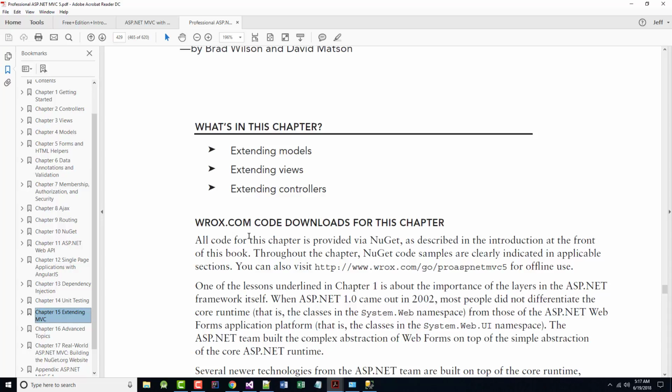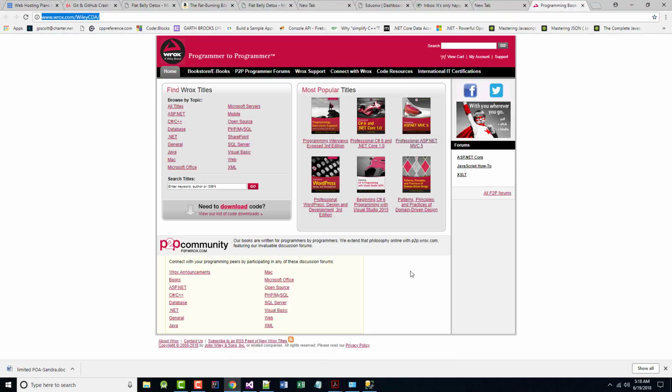All the code for this chapter is provided via NuGet, as described in the introduction in the front of this book. Throughout the chapter, NuGet code samples are clearly indicated in applicable sections. You can also visit here for offline use. And I think if I go there, I think I've done this already, but